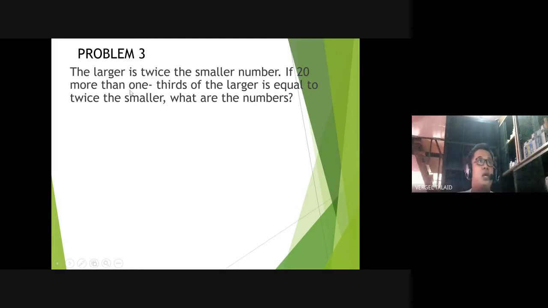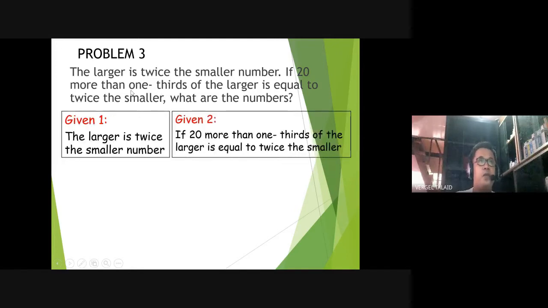So this time, let us try to get the given. If you've noticed, the second given is the more complicated one. So if this is the more complicated one, that would be for our equation. And the simplest one is the larger is twice the smaller. So that would be our